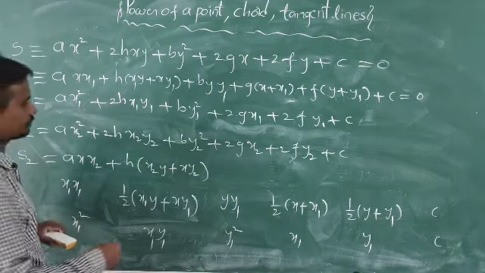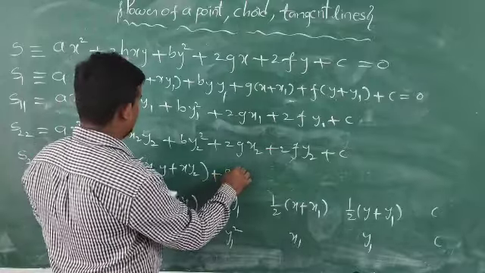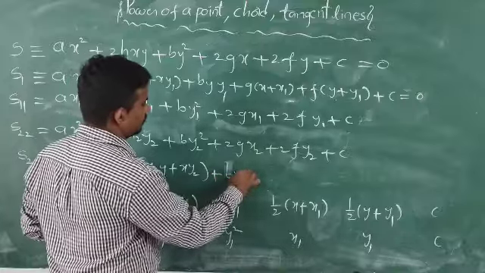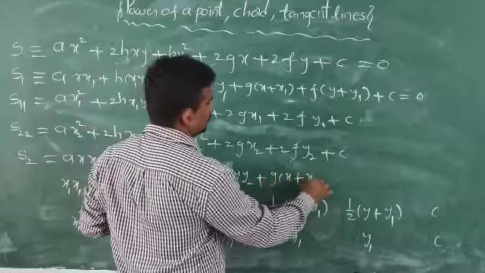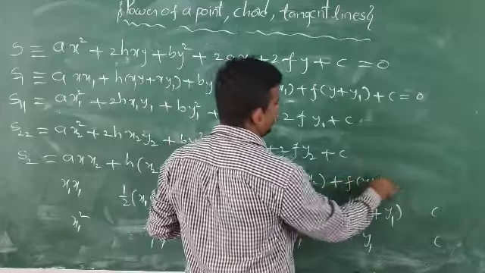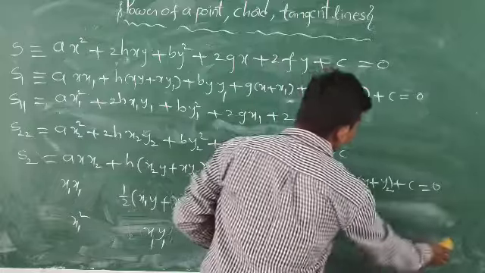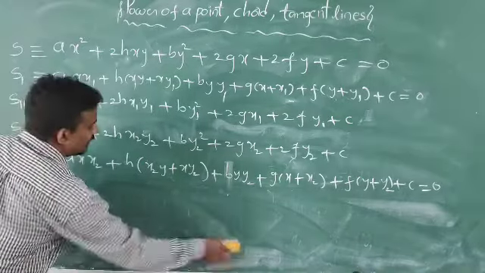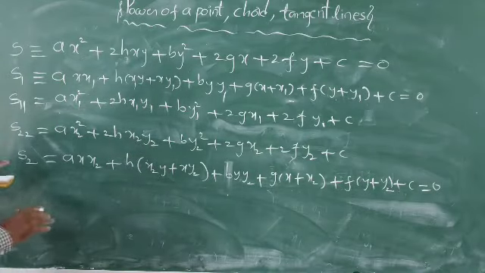Okay, plus g of what? Not g. B of y2 plus g of x plus x2 f of y plus y2 plus c equal to 0. We must write equal 0 at the end, because it contains the variable x and y in each. Okay, now these are the notations of 1, 1, 1, 2, 2, 2, etc.